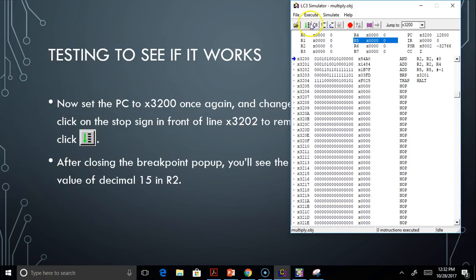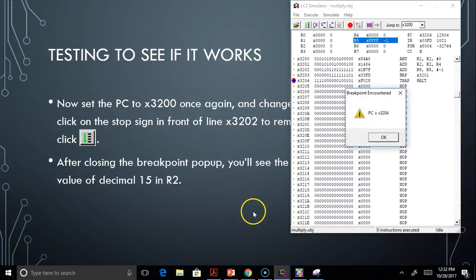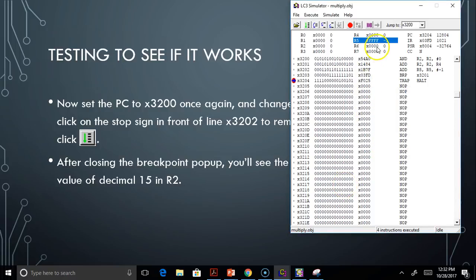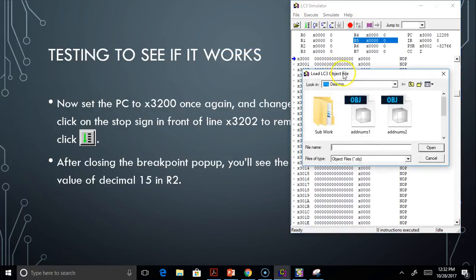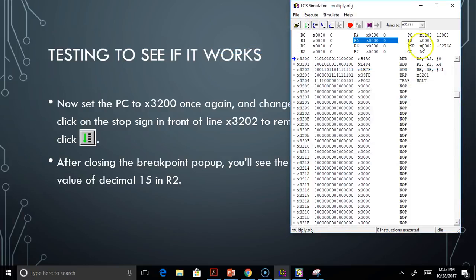After closing the breakpoint pop-up, you see the beautiful long red value of decimal 15 in register 2. So let's go ahead and make sure we have our breakpoint in there, 3204. Run the program. Click OK. All right. If you notice, it did not give me the value I wanted, and the reason why I wanted to show you that is, if I reload my program,